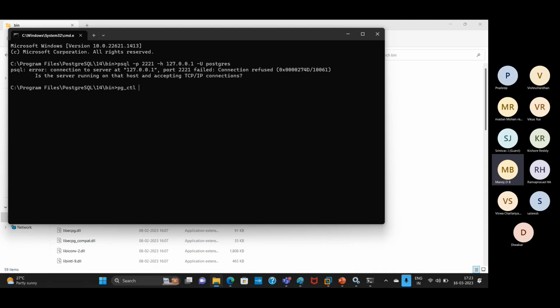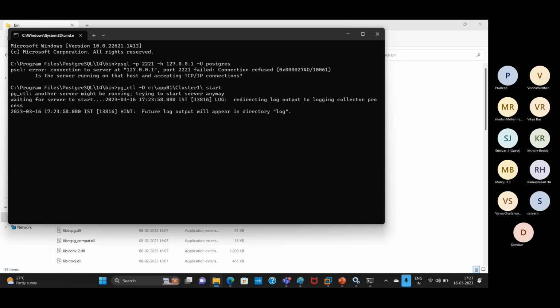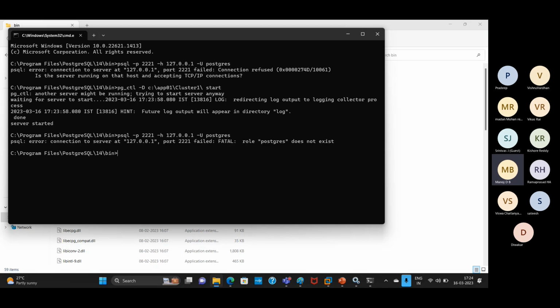pg_ctl -D app01 cluster1 start. Yeah, server started. Now I'm going to log in as